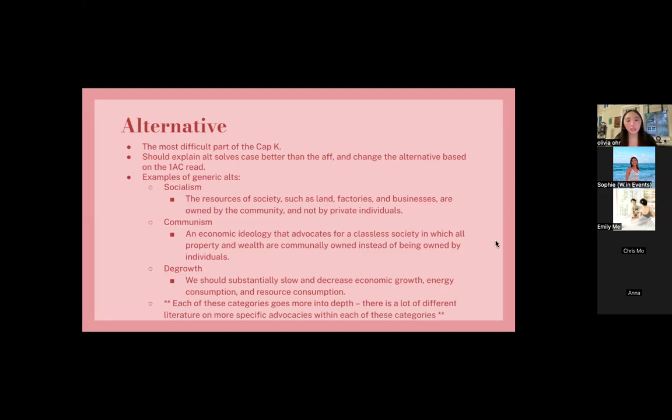Another consideration is if the alternative is super big and the link is super small, that means the perm is probably more compelling for the affirmative, because the alt is a bigger change and if the link is so small, it probably wouldn't overcome it. Does that make sense, or do you have a more specific question?